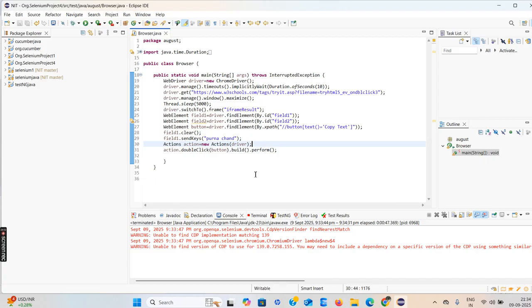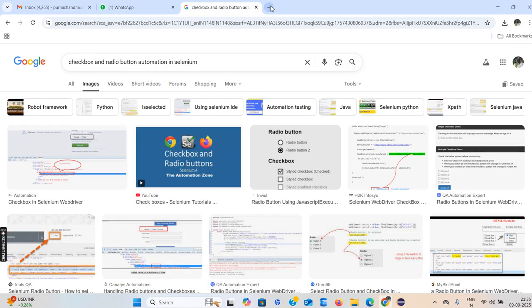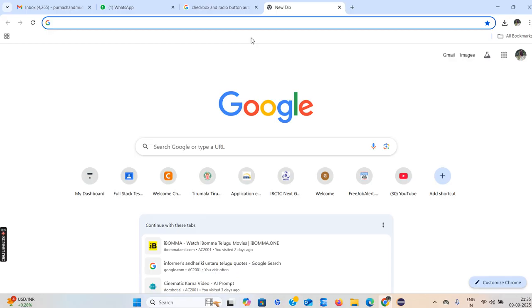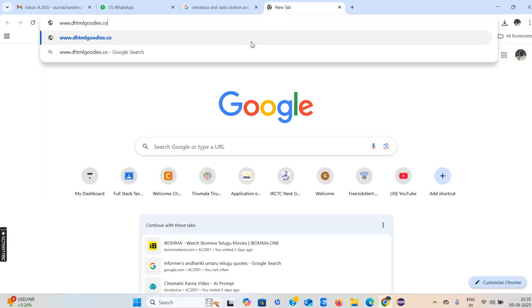For drag and drop, there is another link. Here getAttribute is not working. Instead of this, we can use getDomProperty value. We will go through one URL. So my URL is, see this one. www.dhtmlgoodies.com/scripts, next drag-drop-custom